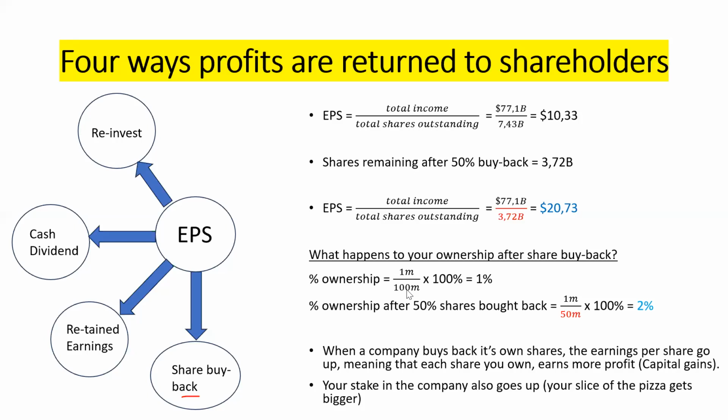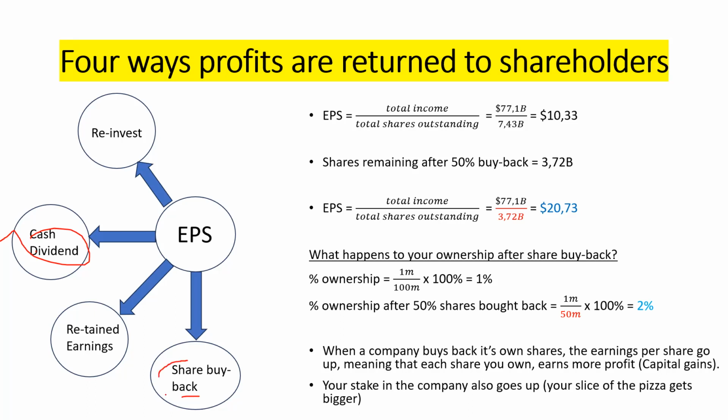But now, in reality, this is not how companies pay back their shareholders. An investor will not get the $10.33 as a direct cash profit. Instead, businesses reward their shareholders in various ways. Let's outline the 4 common ways shareholders share in the profits of the business. Number 1, through cash dividends. Some companies will pay parts of their profits every year through cash dividends.